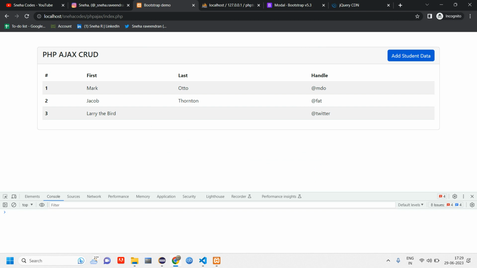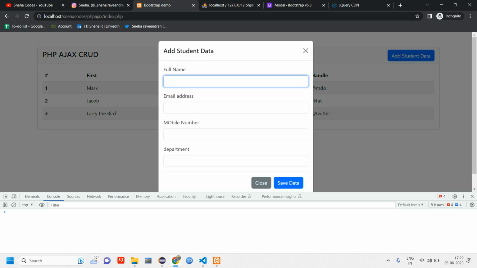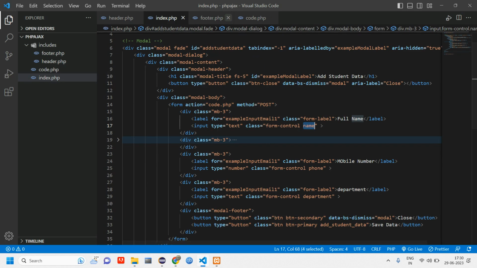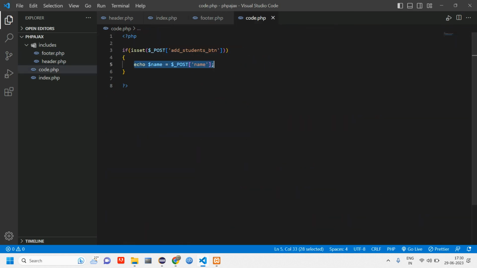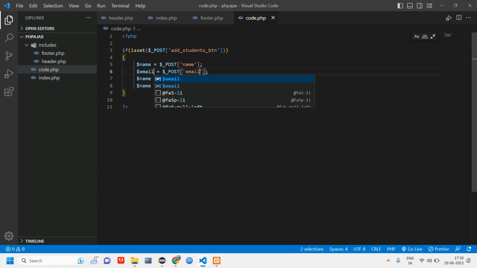Reload once again, click on add and give Sneha Shreya. So I just gave Sneha Shreya. I'm clicking on save data. I'm getting Sneha Shreya, which means the response is correctly getting printed. So go to code.php, remove this echo, copy paste it 3 more times and rename this to email, phone,